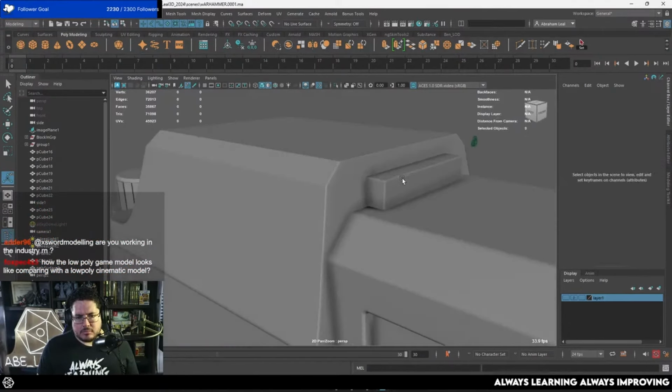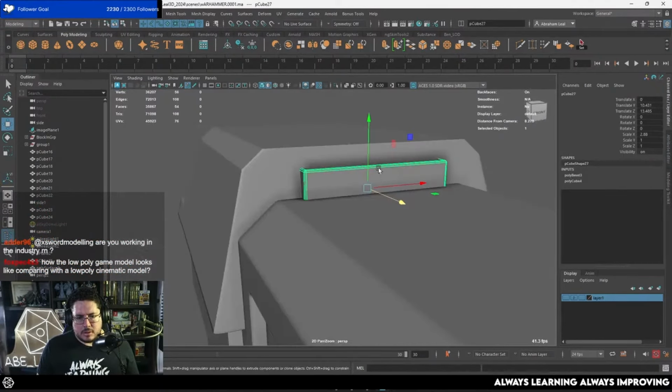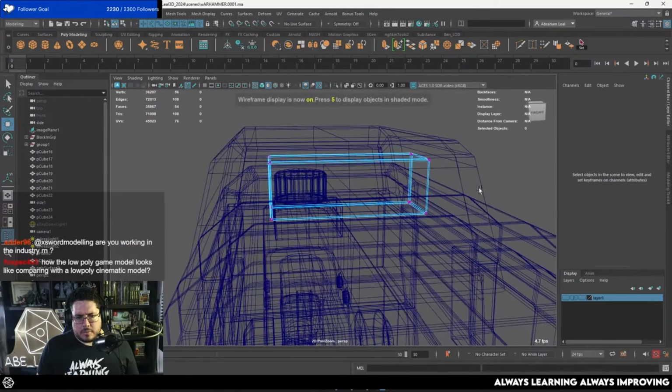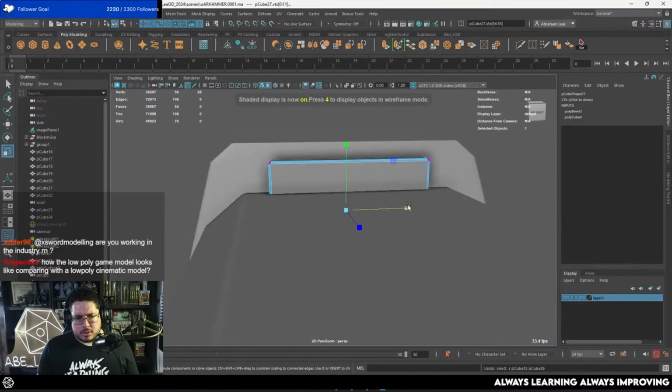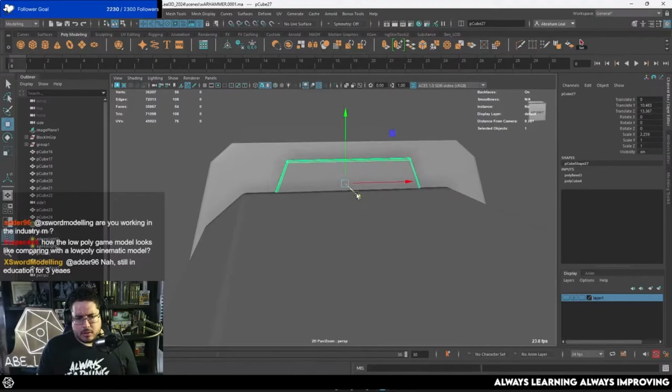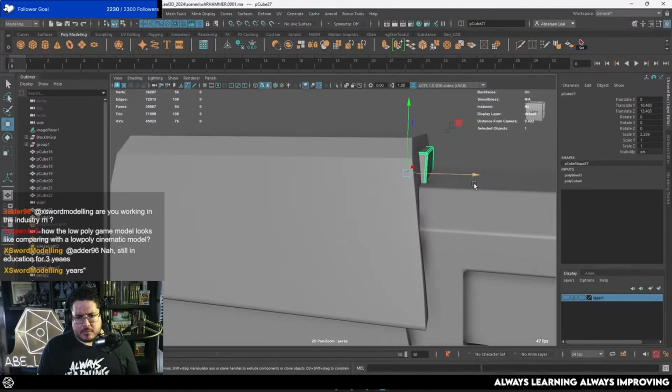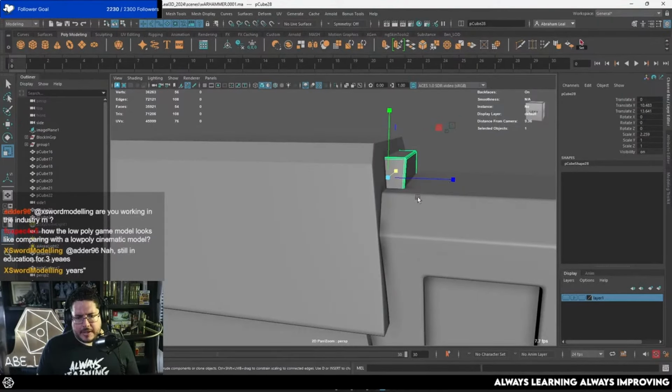There we go. And just add it there. Probably flare it out as well. So just make it a little more of a hexagon, right? And it's just a piece that adds an extra bit of